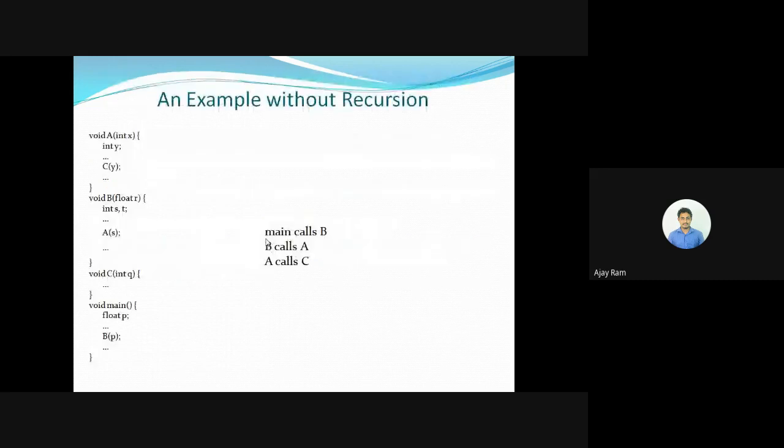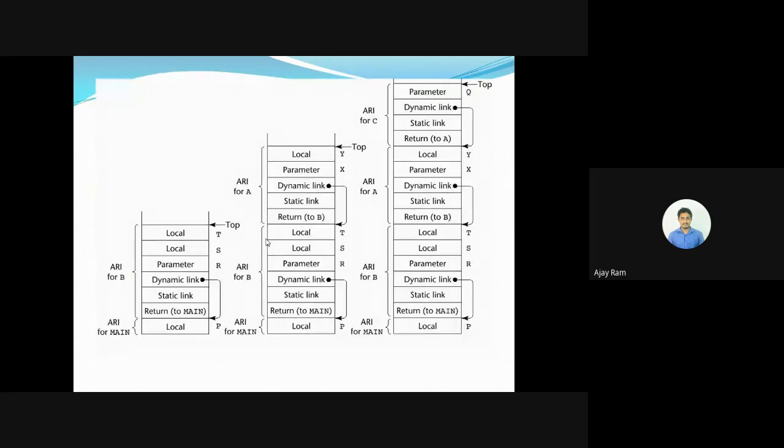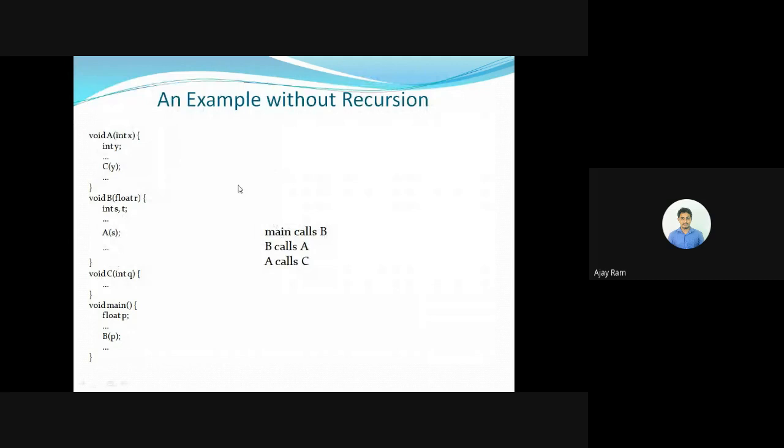So we have one more example here, to understand better what happens exactly. We have 3 subprograms and the main function. The main function calls B. Immediately when we go to the subprogram B, it calls A. And then when we go to subprogram A, it calls C. Then when we go to the subprogram C, it doesn't call anything. End of the program. So this program we need to represent in terms of the activation record.